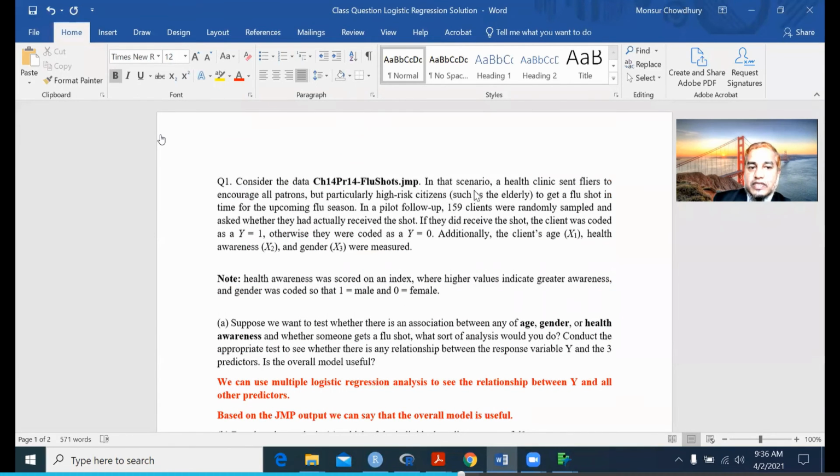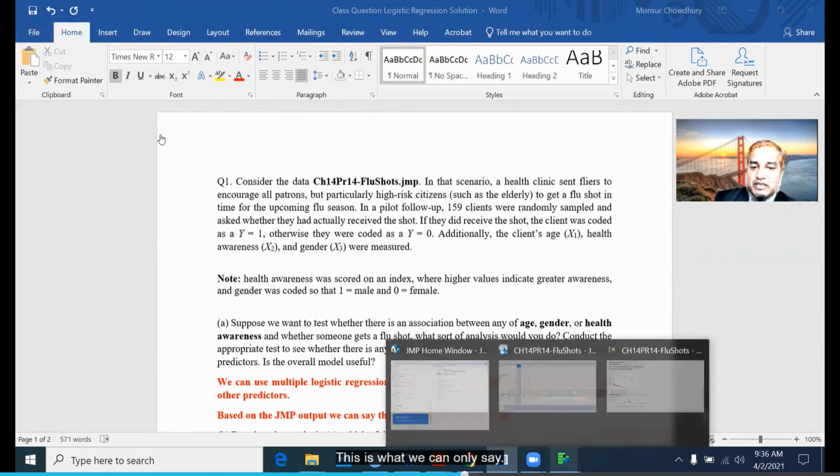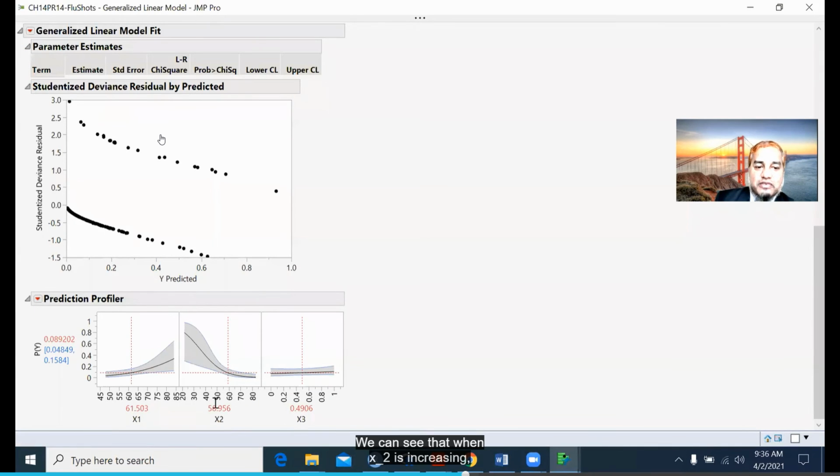Okay. So health awareness. As X2 is increasing, there is a significant decrease in the probability that someone gets a flu shot. This is what we can say. This line shows the chance that someone gets a flu shot for a specific value of X2. Now, as X2 is increasing, because we don't know the exact value, we can just see